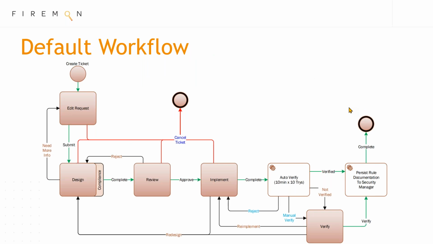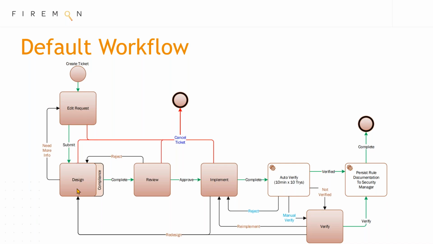If you've done any work with Policy Planner in the past, then you've probably seen this graphic, which is a visual representation of that default workflow for your Policy Planner changes. So you can see here that in the create ticket edit request phase is where your users would actually come in and start to request, for example, I need to get access from source A to destination B over port C. They would enter that information into the ticket at this phase and then submit it,